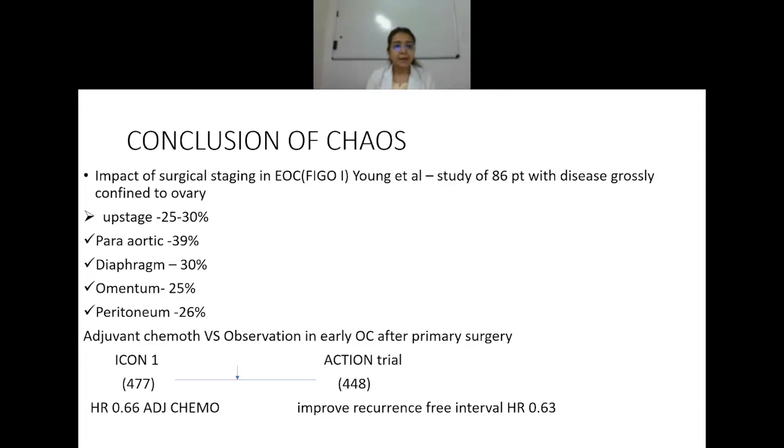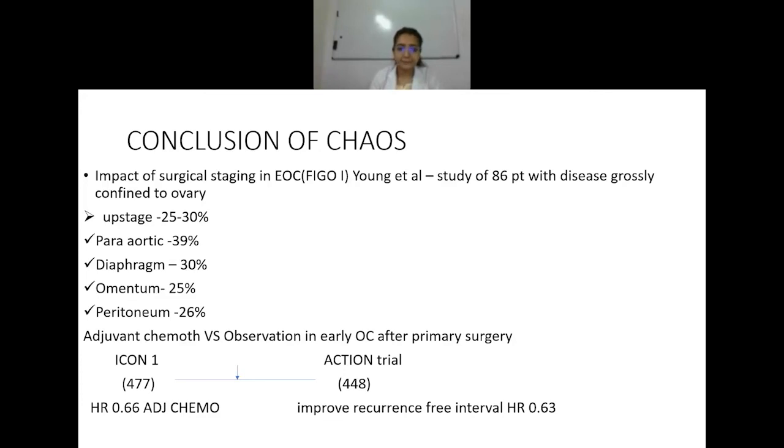evidences. The impact of surgical staging in early-stage epithelial ovarian cancer was first studied by Young et al. He studied 86 patients with disease that was apparently stage 1, that is, grossly confined to the ovary. But after systematic lymph node dissection, upstaging was seen in 25 to 30% of the cases. The most common site of involvement was the para-aortic lymph node at 39%, then diaphragm 30%, omentum 25%, and